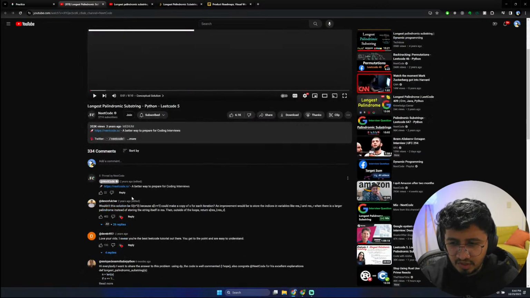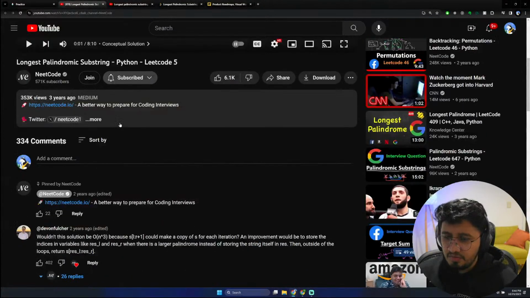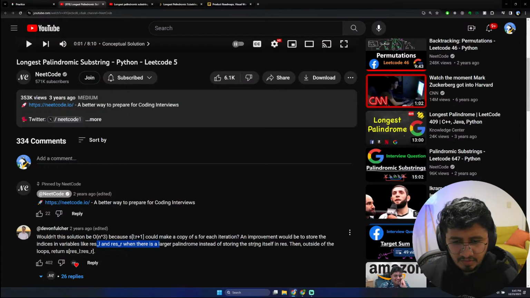Yeah, I was showing you the comment, right? If I can zoom into it, yeah. Wouldn't this solution be of n cube? Because in this slicing part, you could make a copy of s for each iteration. An improvement would be to store the indices in variables like result left, result right, and when there is a larger palindrome, instead of storing the string itself in string res,